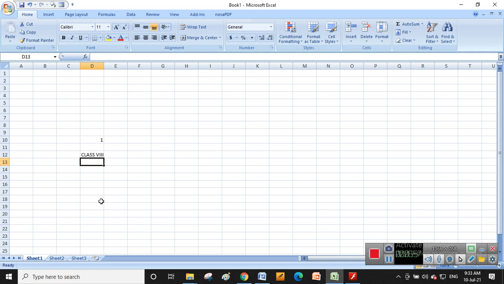And what are the advantages of spreadsheets? What can we do with spreadsheets? Anywhere in your life. Now you are in class 8, maybe you are not working. Once you enter corporate life, or any field whichever you choose, you have to work with this Excel worksheet. Even if you establish a business, you should work with this Excel. So you should know it.